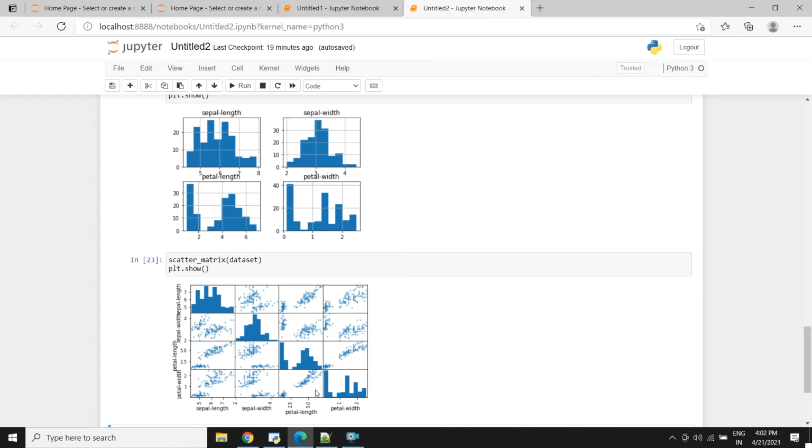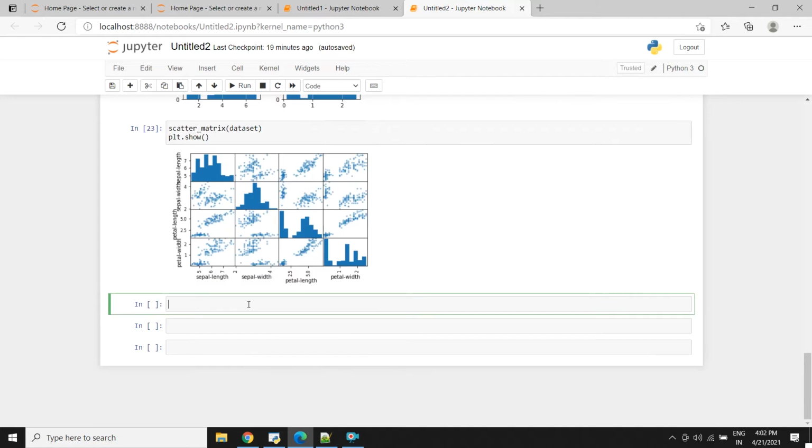Are you confused? Let me simplify this for you. What we'll do is split the loaded data into two parts. The first 80% of the data we use to train our model, and the remaining 20% we will hold back as the validation dataset, and we will use it to verify our trained model. So let's define an array.